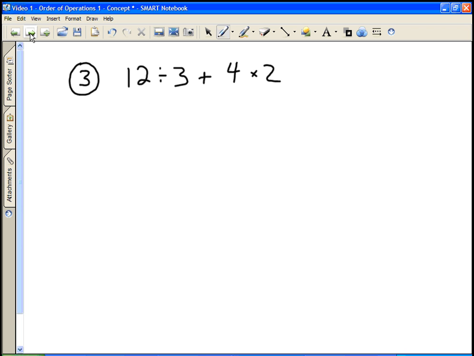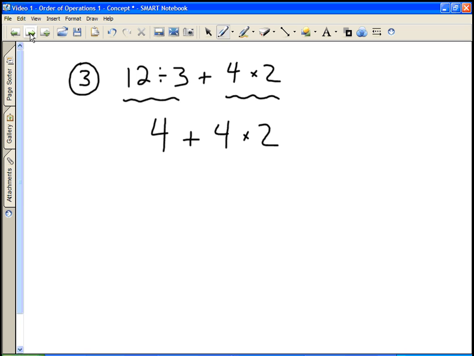In the third example problem now, we have 12 divided by 3 plus 4 times 2. Well, now we have two multiplication divisions, and those need to be done first. Again, I'm only going to do one step at a time, and the line that I'm writing should get more simple as I move down. So first I do 12 divided by 3. 12 divided by 3 is 4, and now